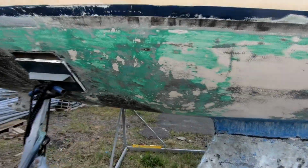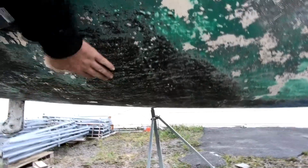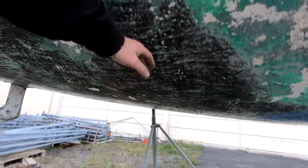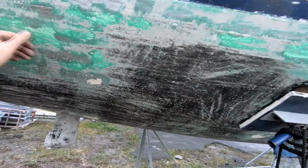So yeah, I'm continuing to remove old layers of bottom paints and primers. So now I'm trying to get rid of this first layer of bottom paint, and that's this black layer here. And that is hard bottom paint, so it's not ablative bottom paint. It's the hard stuff, and that's quite old. But I want to be able to scrape off all of this bottom paint until I get into the primer layers,